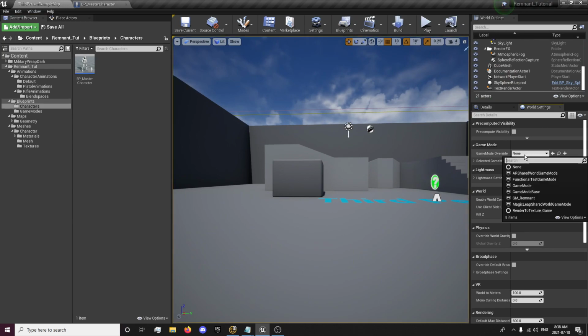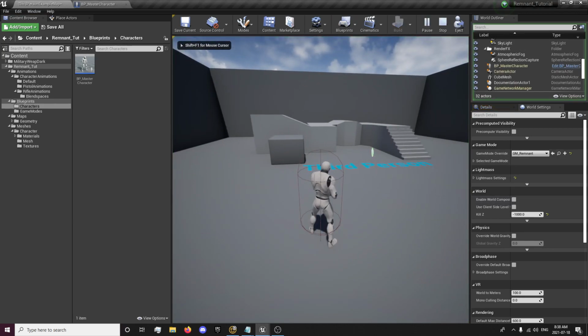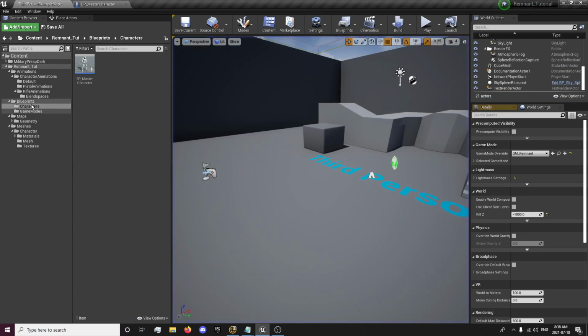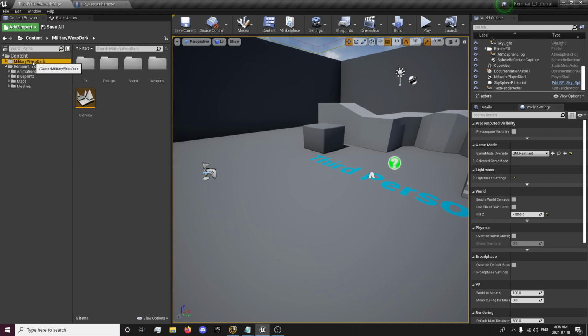And we also want to set our game mode. And then nothing should be replicated yet. We'll be getting into that in the next episode. Just organizing the files here now and getting things set up. So now that we have this done, we want to...